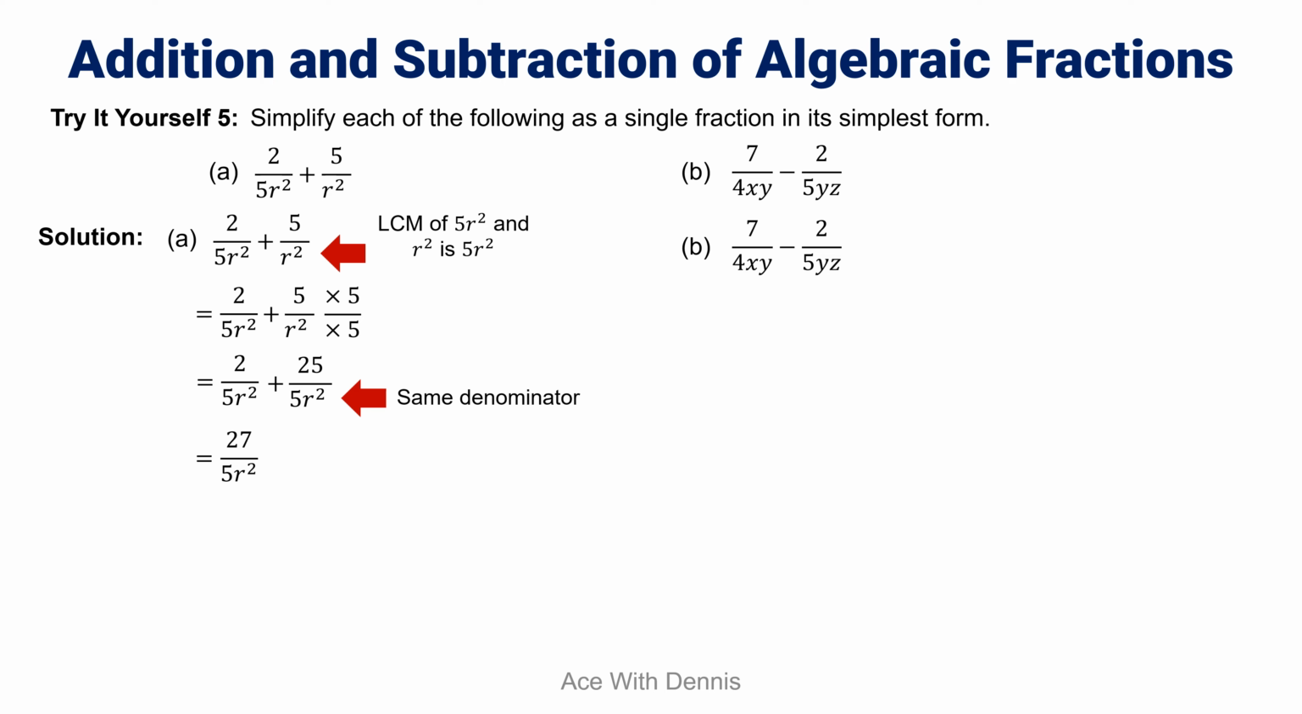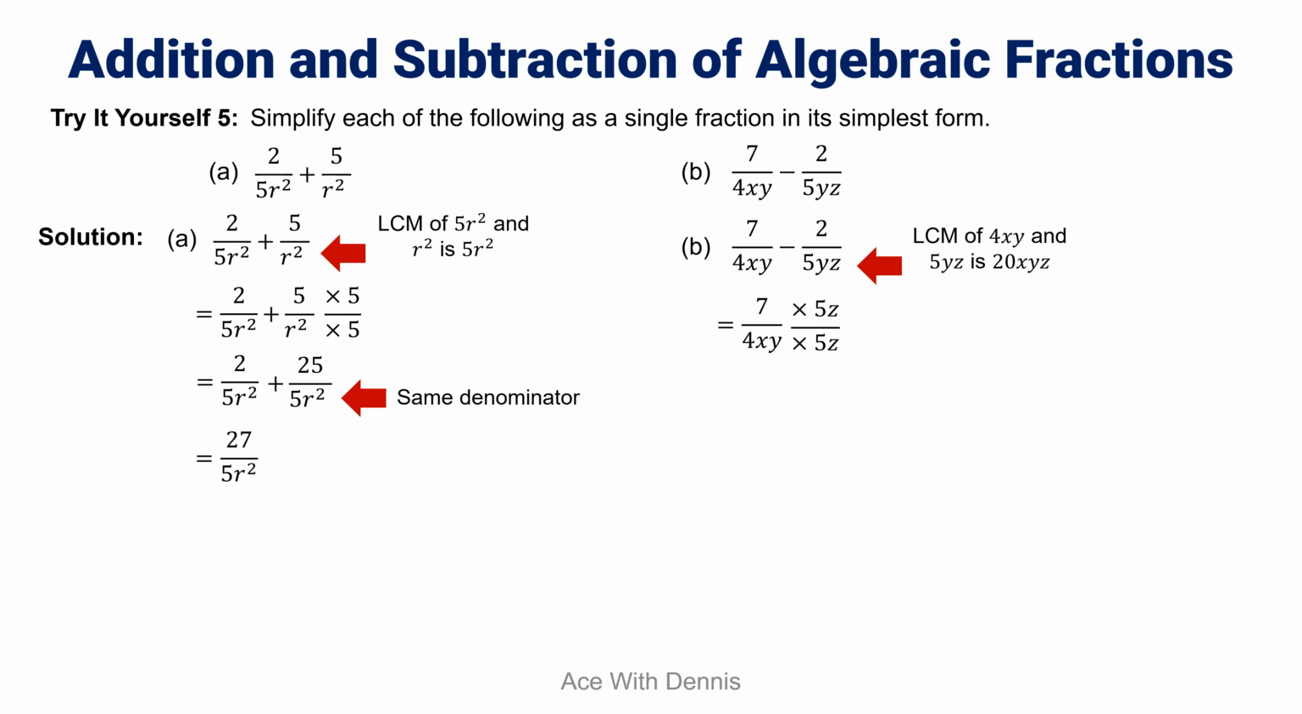For B, 7 over 4xy minus 2 over 5yz. So let's check the denominator. The LCM of 4xy and 5yz is 20xyz. Hence,